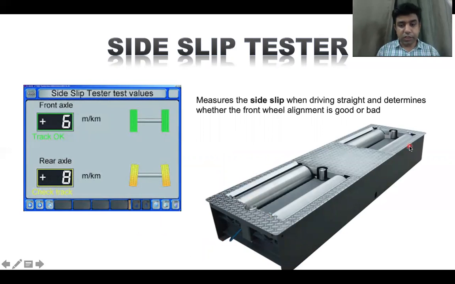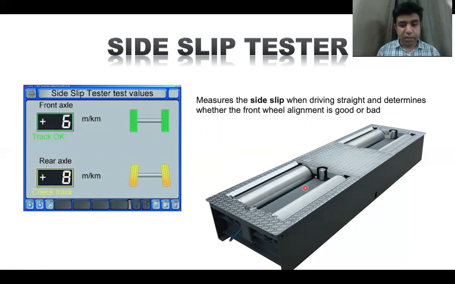Side slip tester, in detail, appears like this, having two rollers at both of its ends, and in between we have one plate. This plate can easily slide towards left or right. So what will happen when we take the vehicle on this particular bed and it starts rotating? The sideway rollers keep the vehicle steady at one place. But if there is an imbalance present in the axle part, then obviously the vehicle will try to deviate towards left